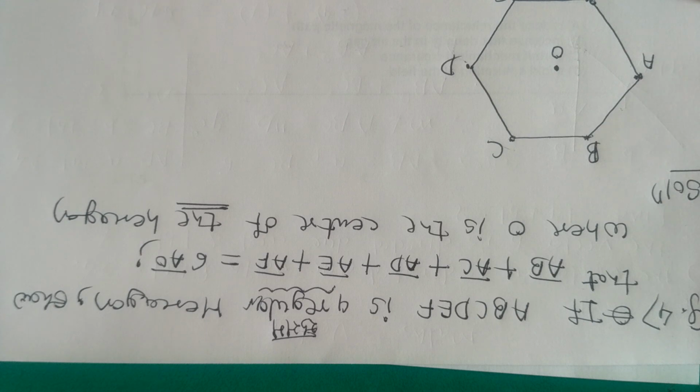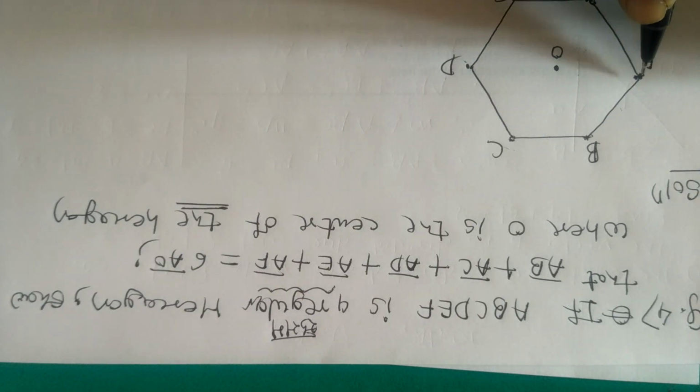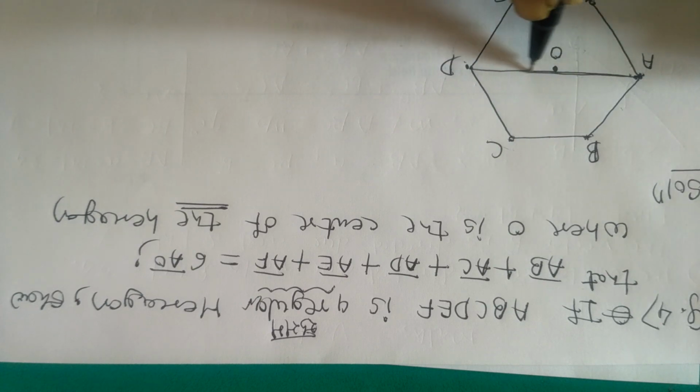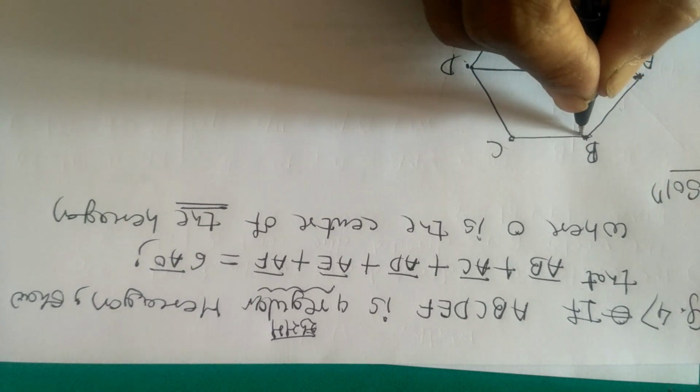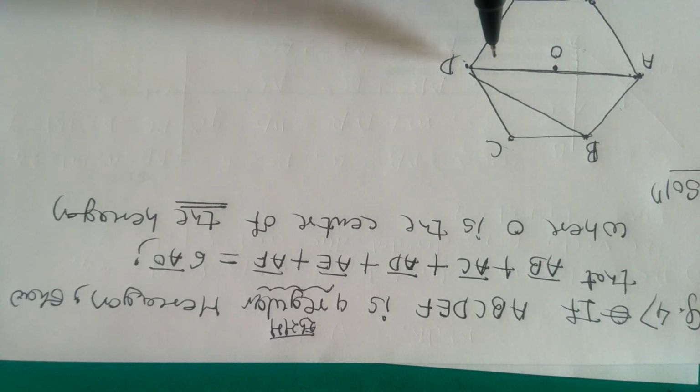Here we have to show AB bar plus AC bar plus AD bar plus AE bar plus AF bar. Now for this concept, we take O as the midpoint of the diameter. Suppose from vertex A, AD is a diameter of the circle. In the corresponding triangle, AD bar is equal to AB bar plus BD bar. Again AD bar is equal to AF bar plus FD bar, or you may take AE bar plus DE bar. Means in a different way we take that addition.